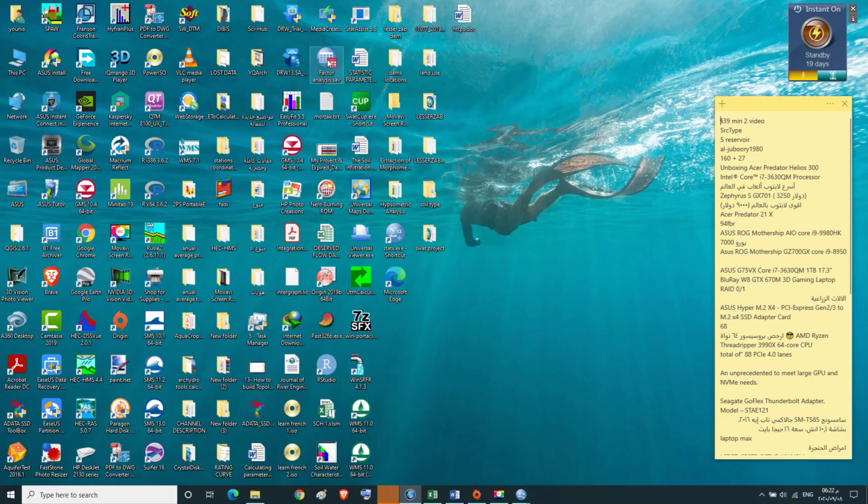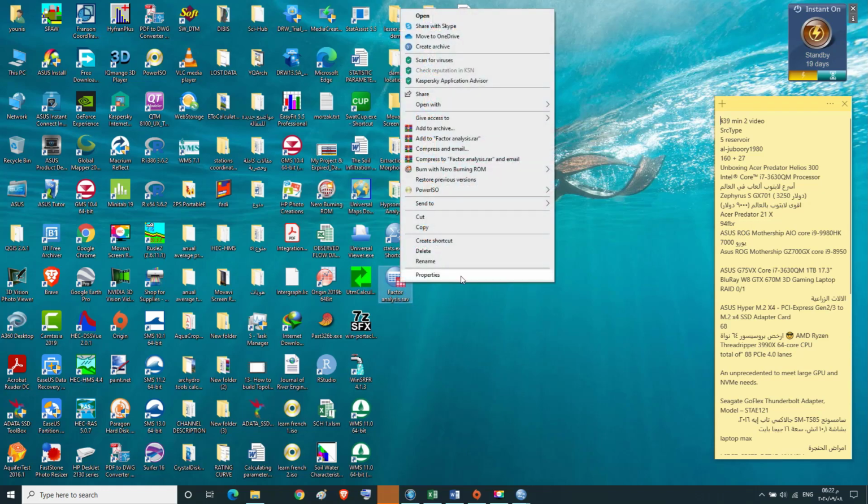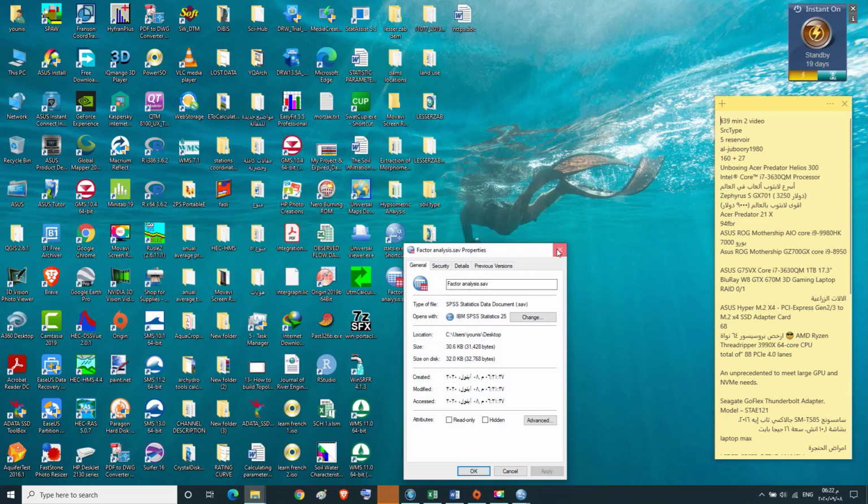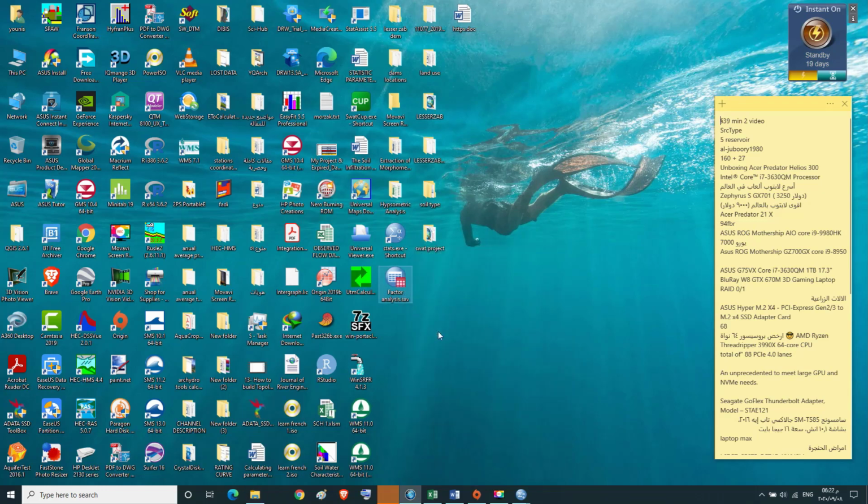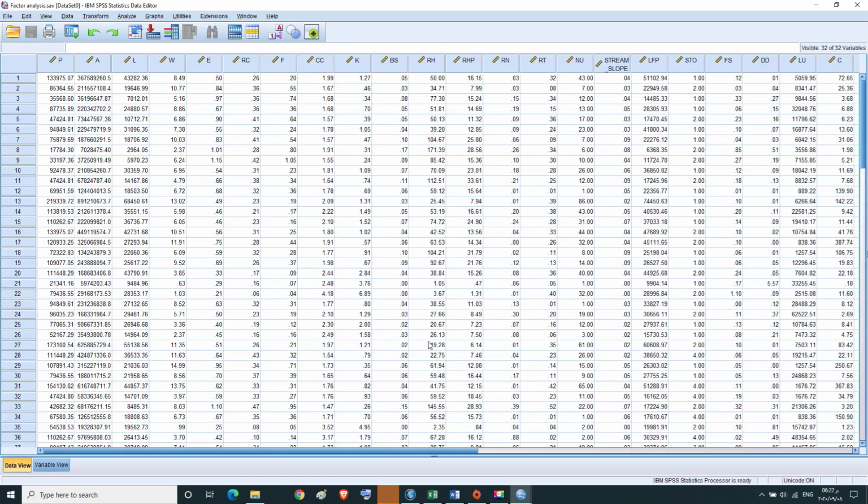In this file, with the title Factor Analysis, in this part, we completed entering all characteristics and parameters that were extracted from ArcHydroTools into the IBM SPSS program. In the next part, we will continue with the factor analysis procedure.